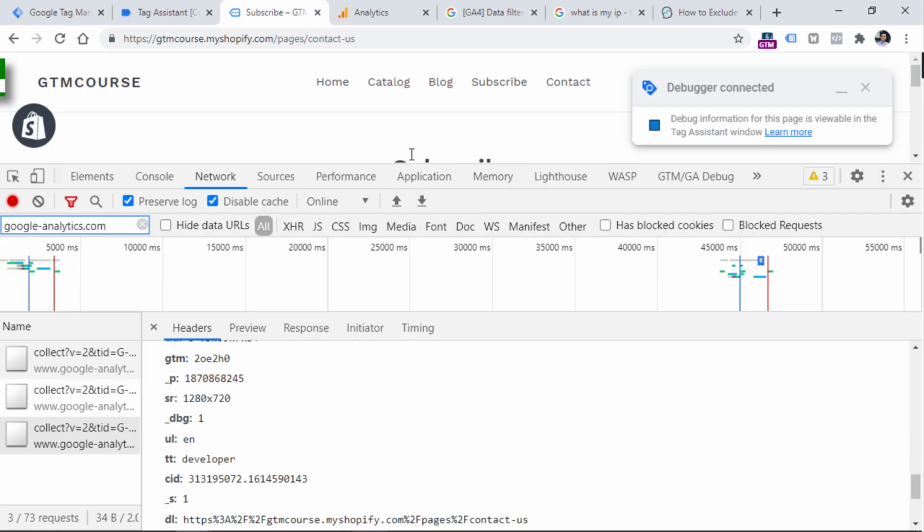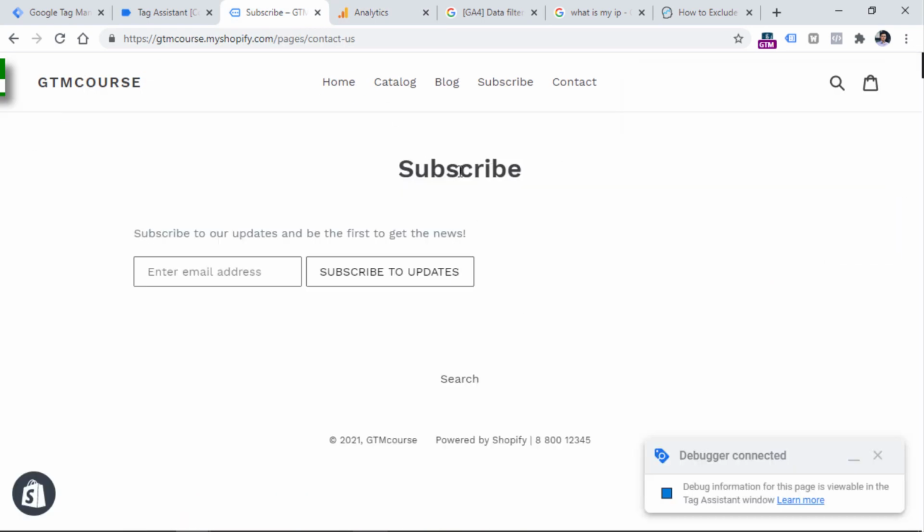Also, I had to make several page views just to send the data because it looks like GA needs some additional time in order to properly process this and switch between the filters. I mean, I don't know how exactly this works, but in my case, waiting a bit actually helped.